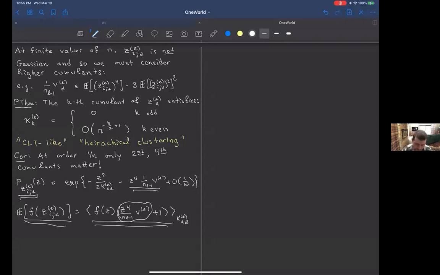Okay, so let me give you a flavor of the kind of recursion you get and how to solve it, and then I promise that I will stop. So this is the next P theorem. To compute the 1 over n corrections, you have to have a way of computing this V thing, which I called up here, the V equation. The P theorem goes like this: the cumulants satisfy, let me say, relatively simple recursions. They're not that horrible, although they can look a little ugly.